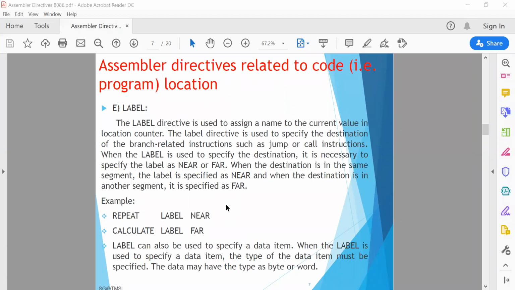It is based on the jump instruction execution. If your jump address is within a limit, it is called a near jump, or the label is called near. And if the jump address is not within that limit, it is a forward jump to a specific memory location outside that limit. It is called a far jump, or a far label. So a label can be used in this way, or it is given to the assembler.